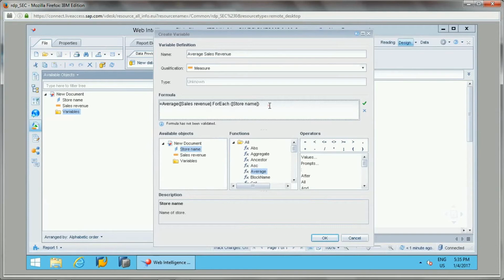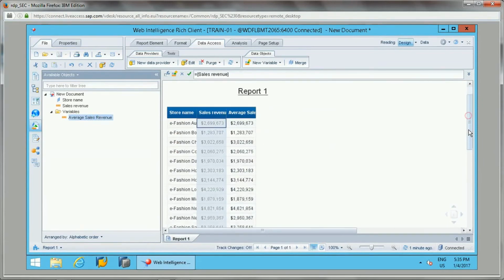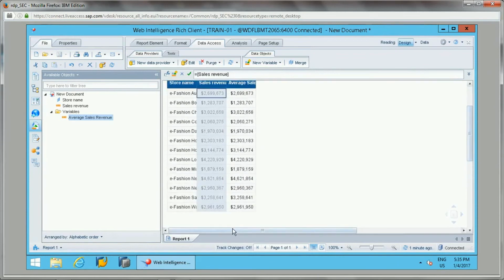Okay, and once I use the for each operator, I wanted to display this for each operator in a block. See, because it is giving the same results, the same data.